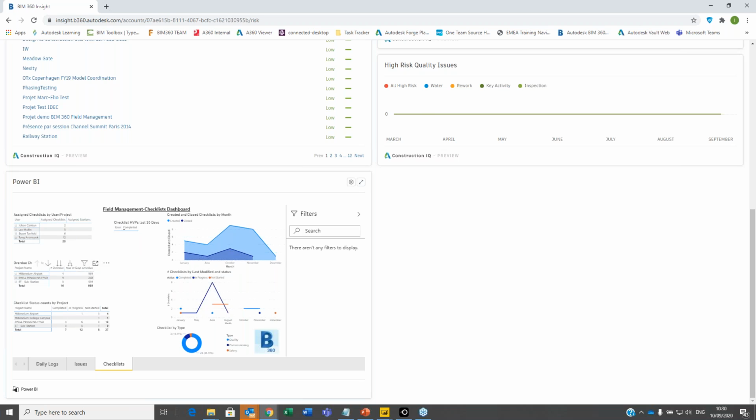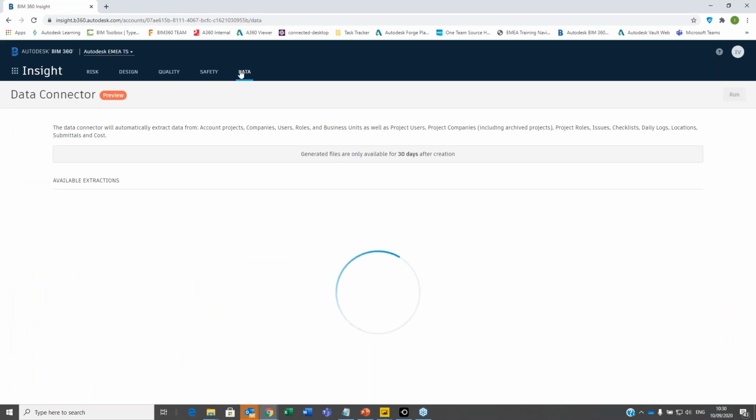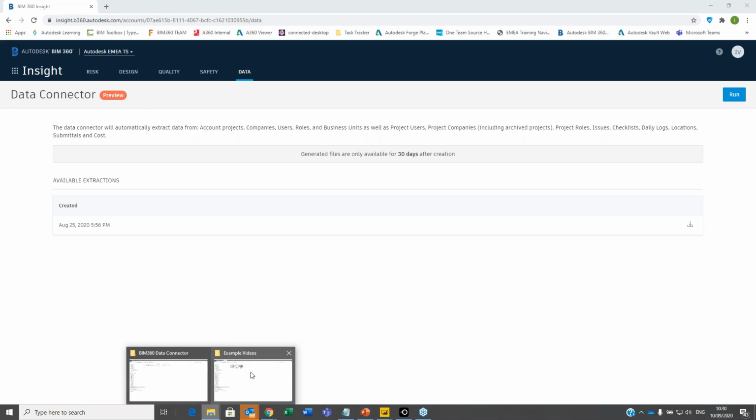No matter what, you want to do specific bar diagrams, specific analysis across all projects. So from an admin point of view, a management point of view, that is totally possible. And the way we do that is within the Insight module, we have this data connector, which we can extract. So this is going to pull all of the information out of BIM 360, and it's going to store it